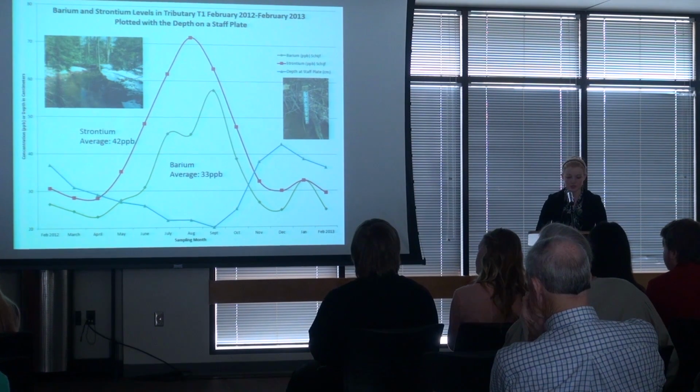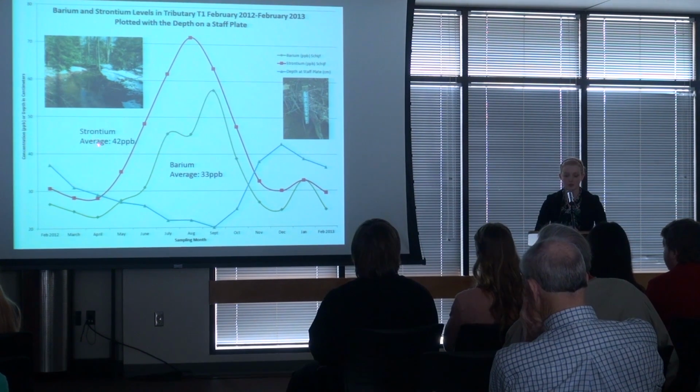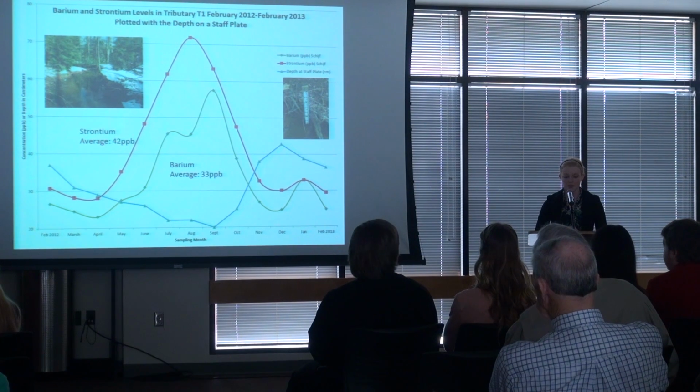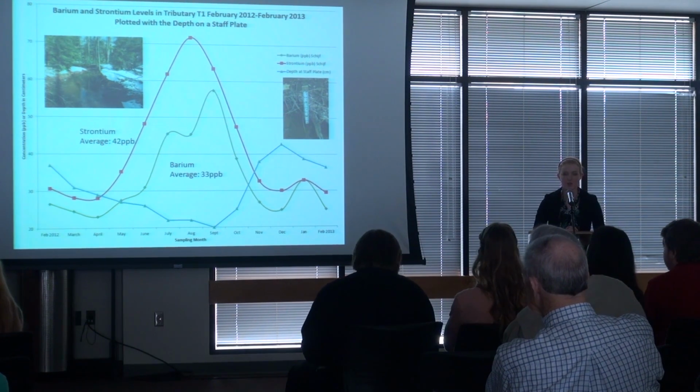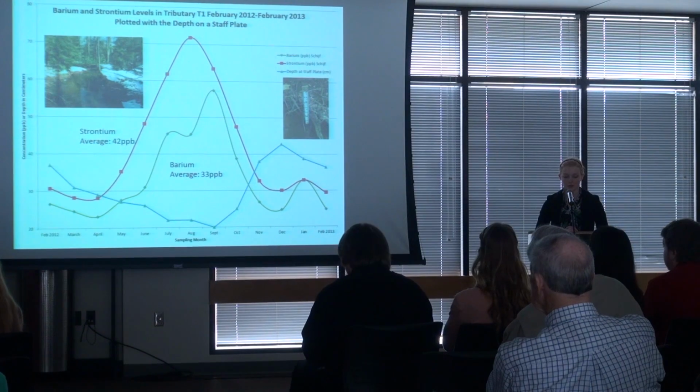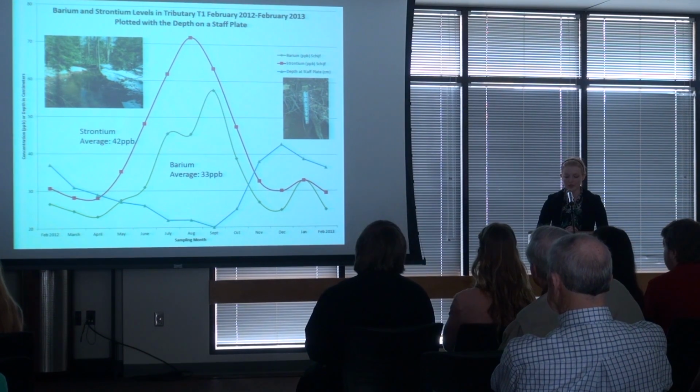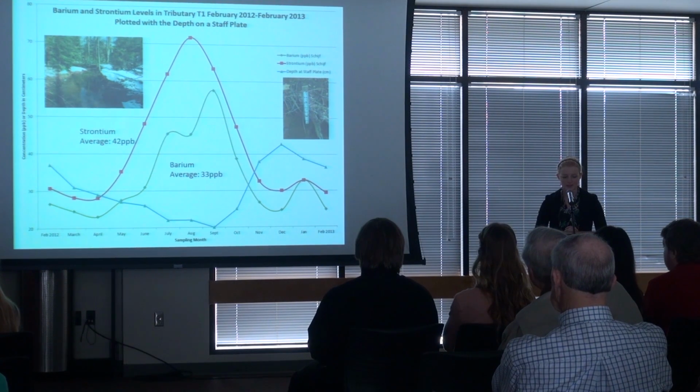Moving on to the legend, barium concentration is represented by the green line. Strontium concentration is represented with the red line. Lastly, the depth of the staff plate, a permanently installed metal meter stick-like measuring device, is represented by the blue line. Looking at the summer months on this graph, one can conclude that water levels drop drastically in the months